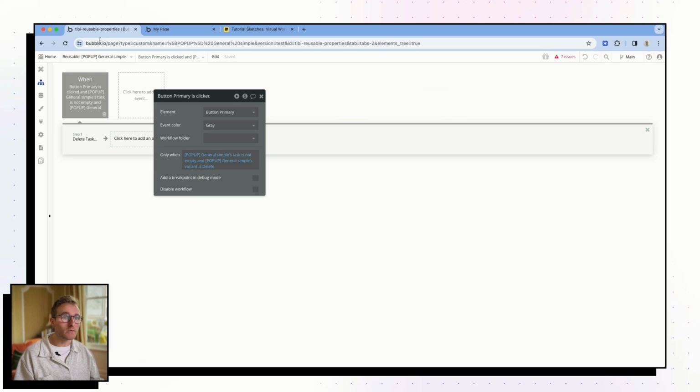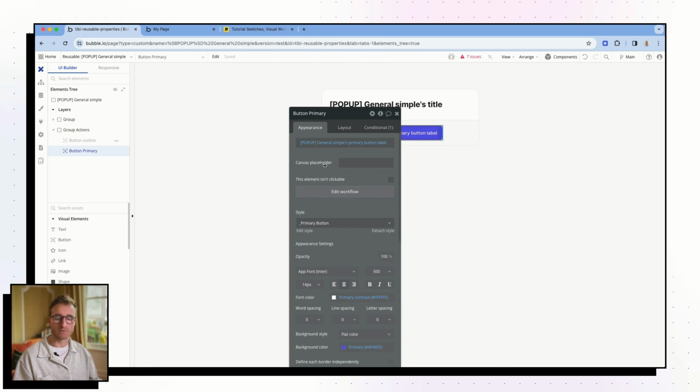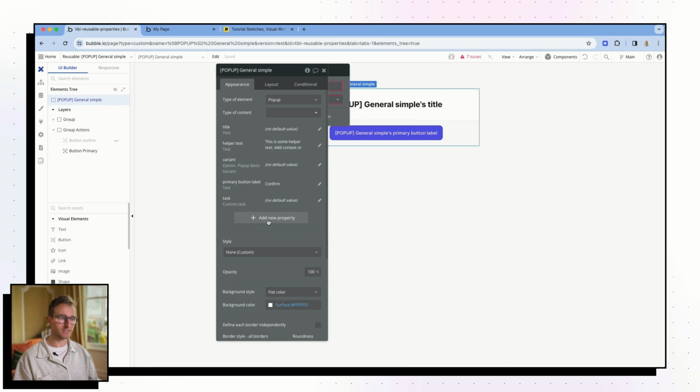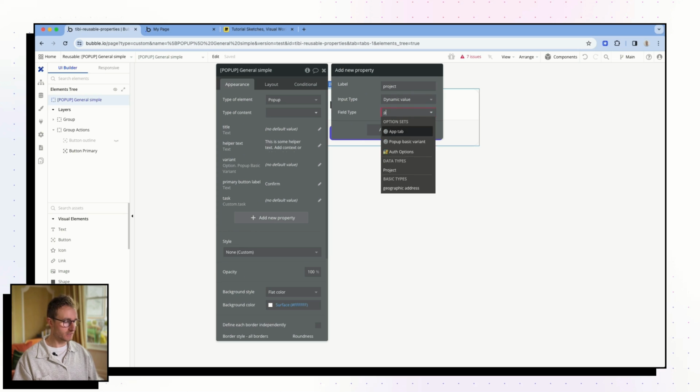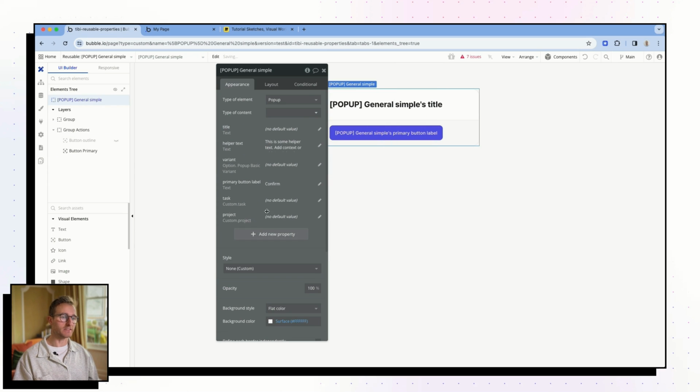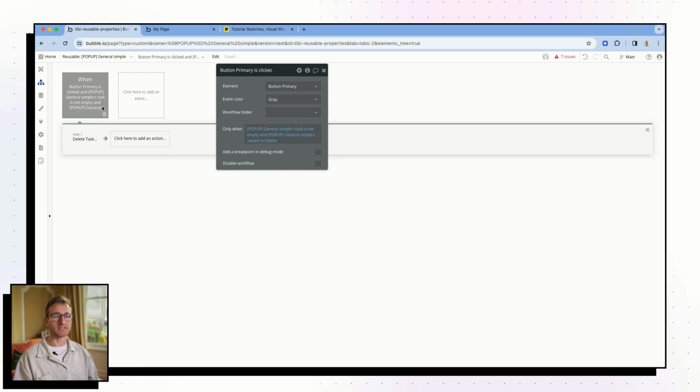So I guess you could say, why don't we do the same thing for anything that we want to delete? So we've got tasks here, and then we'll go, okay, let's do it for projects as well. So we're going to add a dynamic value, project. We're going to set this up exactly the same way as we did for tasks. We need basically to recreate this action and say, actually, when it's the project that's not empty,